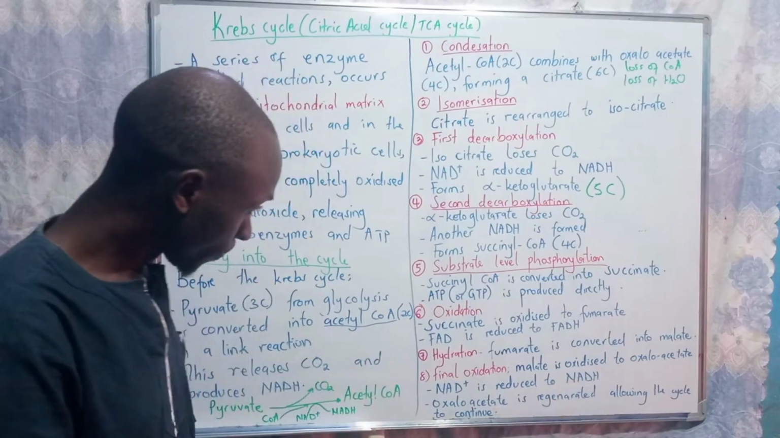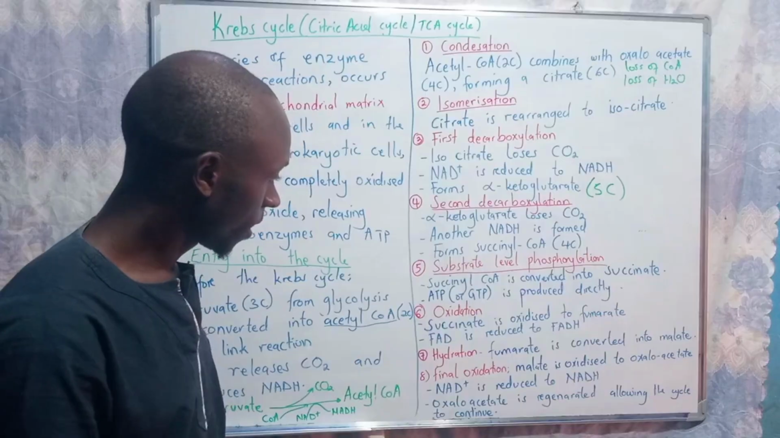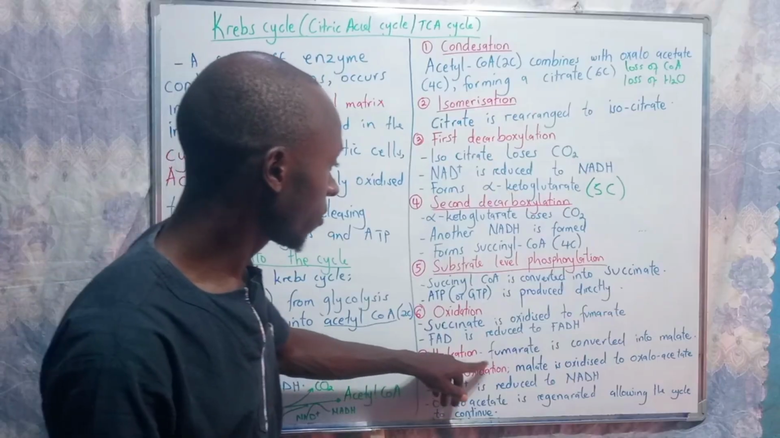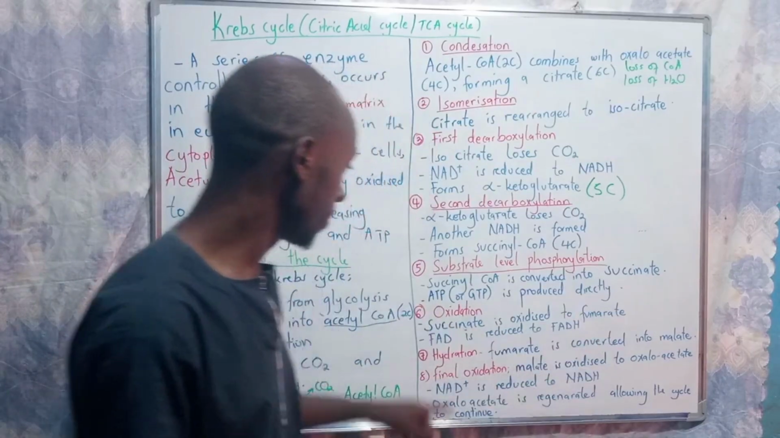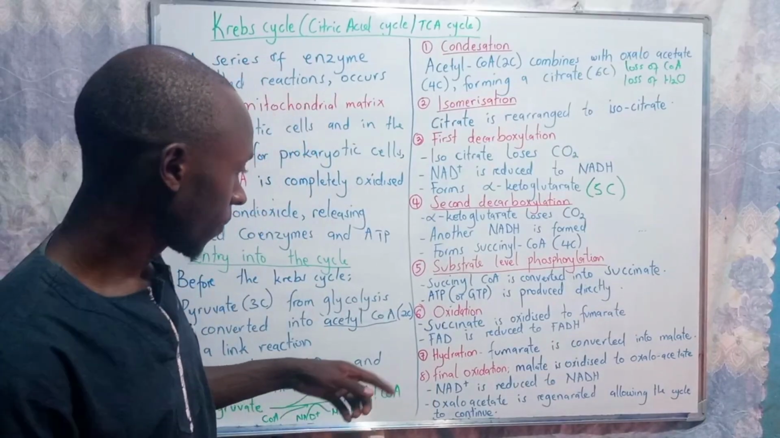In the 7th stage, we're having what we call hydration. Hydration, we are adding water. So in hydration, the fumarate is converted into malate. So it means that here in this stage, we are adding water. In stage number 8, we're having the final